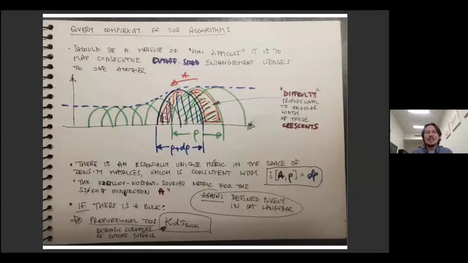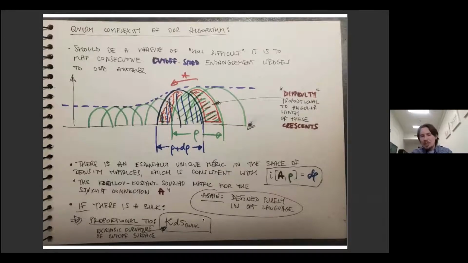So suffice it to say that there is some proposal out there, which mathematicians have developed, which I can just pick and apply. And again, I want to stress that this metric is entirely defined in the CFT language. In other words, if I'm going to use it for quantifying complexity, I will not be using any bulk input, all boundary language. So this is well defined even if the theory is not holographic. But if it is holographic, then by construction, the metric distances with respect to this metric are going to be related to how wide these slivers are over here.